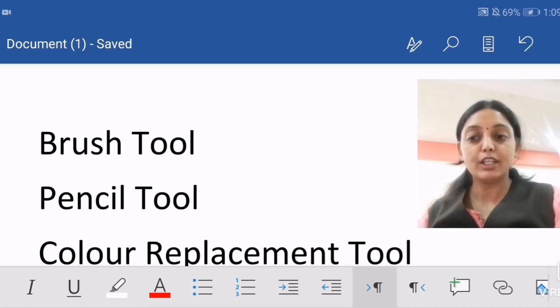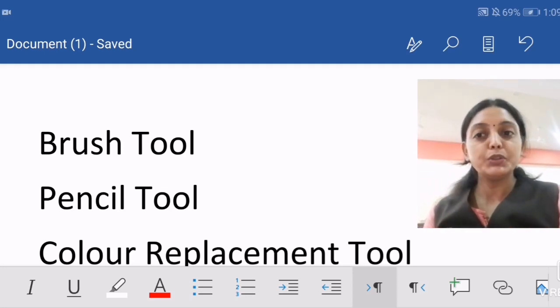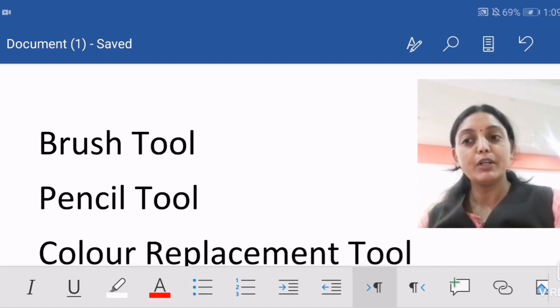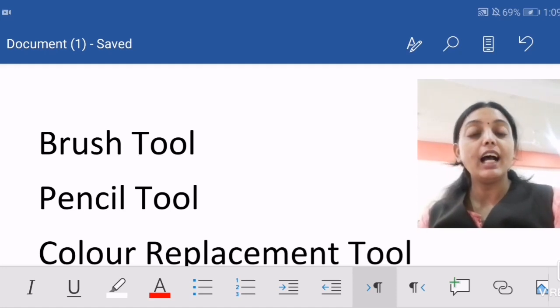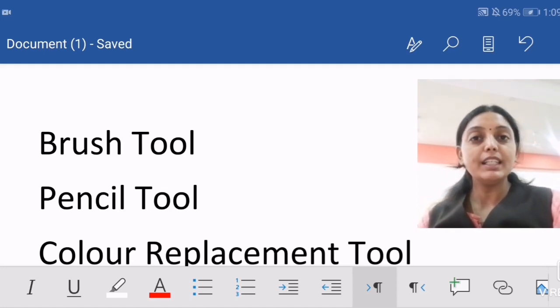So what is this brush tool? I'll repeat all the things again, how to use the brush tool. So go to the tool palette, then select the brush tool. You can change the size, opacity, hardness, then color of the brush. You can select the image and drop the colors according to you into that image using the brush tool.